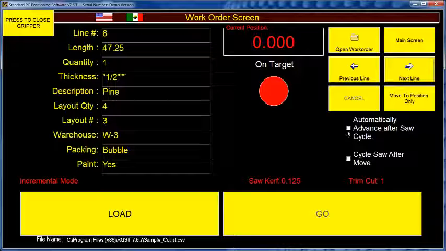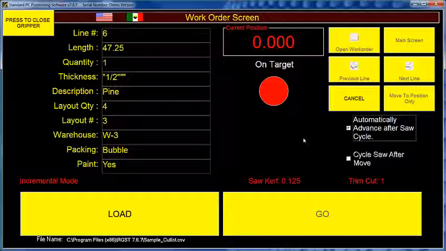Now, one thing you can do is click this automatically advance after saw cycle. If you get the tool safe sensor option, then we'll detect that you have cycled the saw, whether it's a manual DeWalt chop saw or a Whirlwind chop saw or a Cyclone 600 upcut saw. After that tool safe sensor goes off and then back on again,